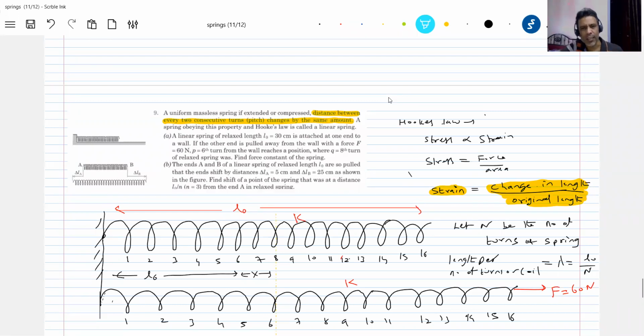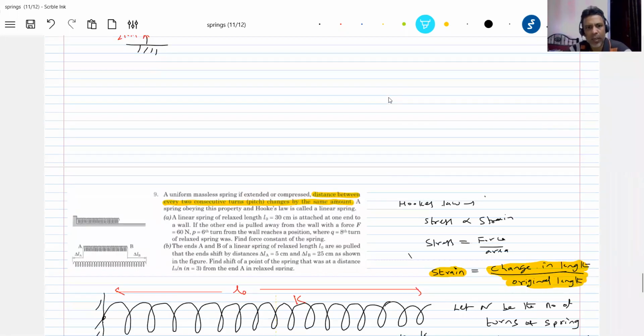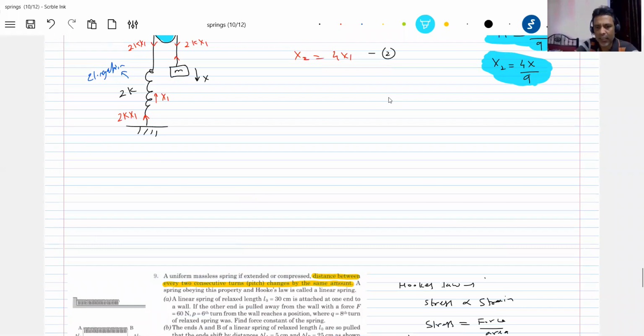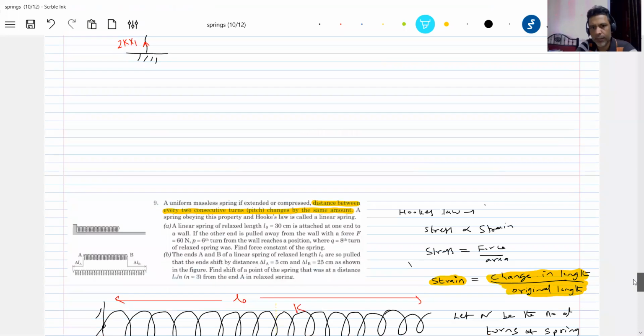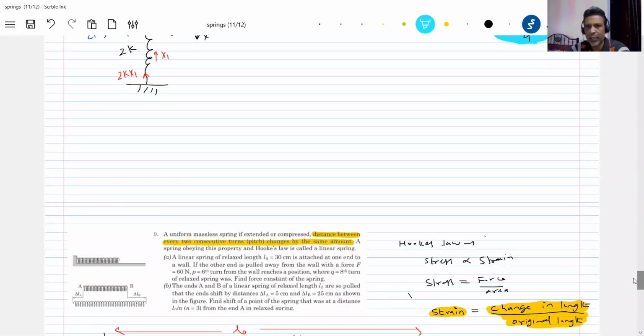Okay, now look at this. So what is being asked? There are two ends. There's a spring, and there's a point P. At what distance is it? At a distance of L by 3 from the end A. So what is the displacement of that point, is what is being asked. How to find that? If you read the question, I think I can explain it on the top itself. We have a space here, and I'll bring it here.